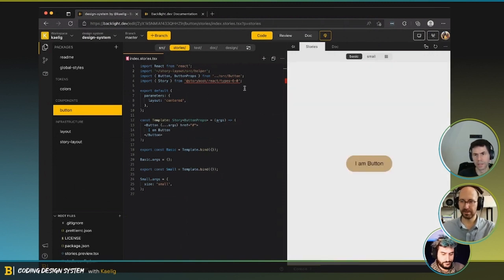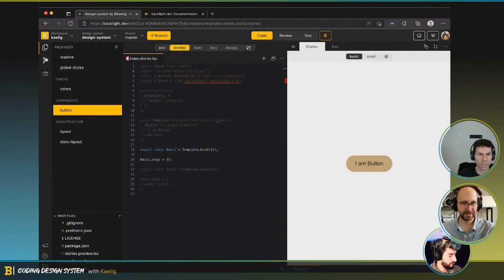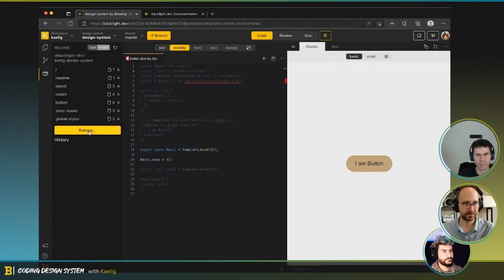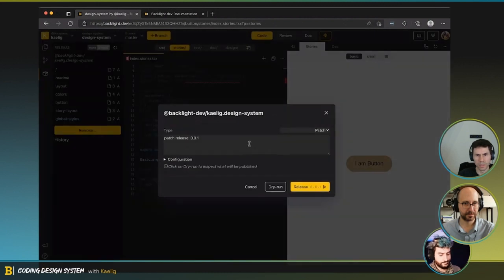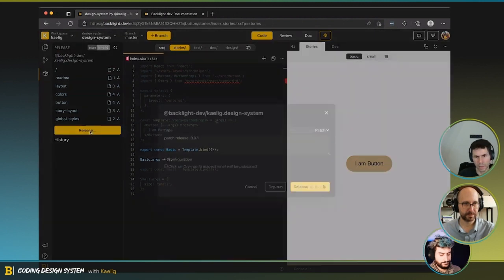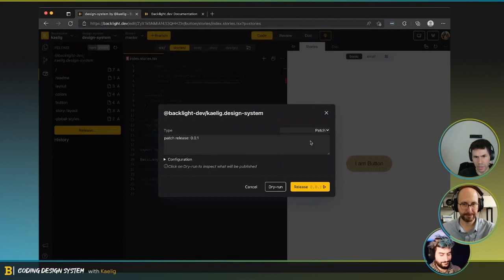Yeah, sounds good. We can reactivate it. All right, let's publish it. We have a button, we have colors. Let's do this. We can also push it into GitHub, but for the moment, it doesn't really matter. Let's publish it here. Just gonna publish it to this scope and package for the moment, but you will be able to create your own package. Okay. So we can create the some miner, and we can release.